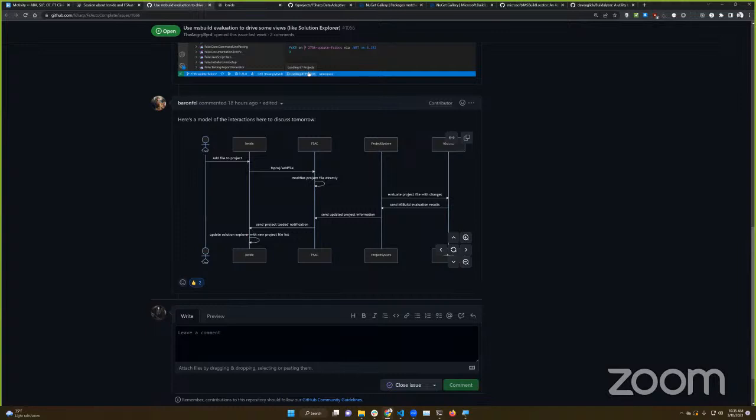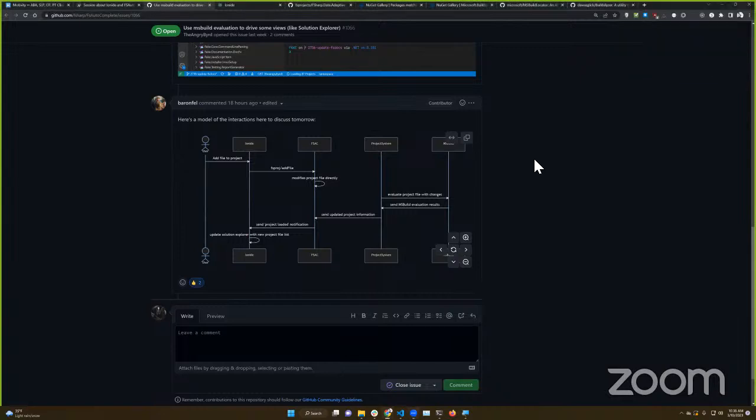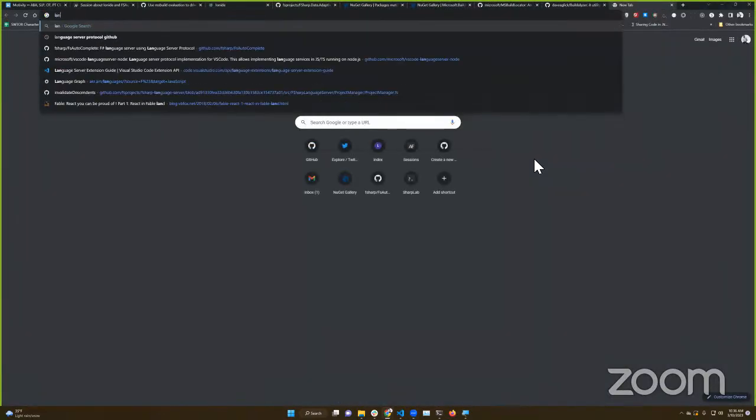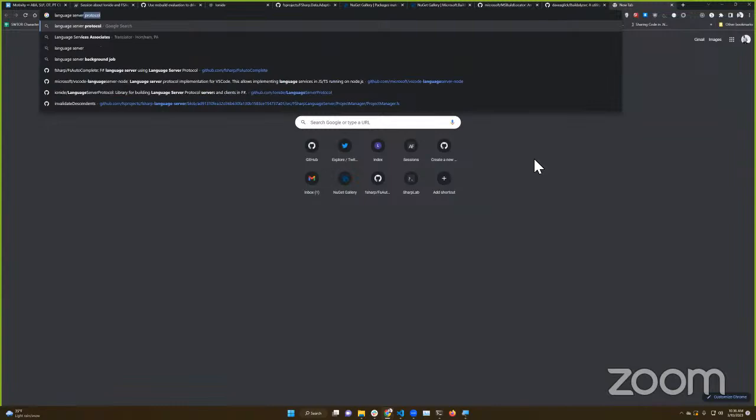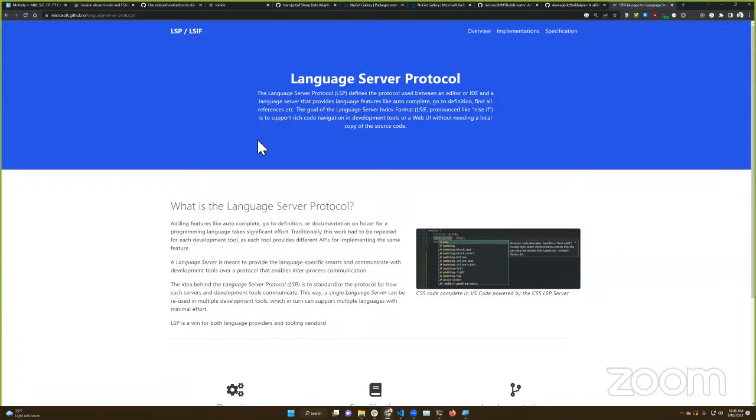My understanding at the moment is that FSAutocomplete is using this language server protocol, or what's the correct name? That's what it is. Okay, and it can directly access the files in VS Code. Is that the idea also?